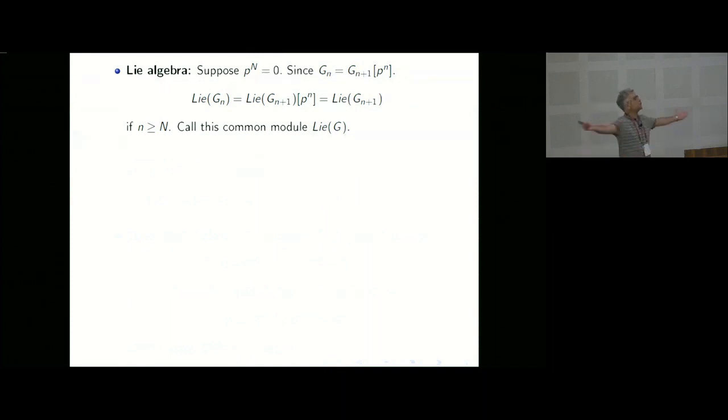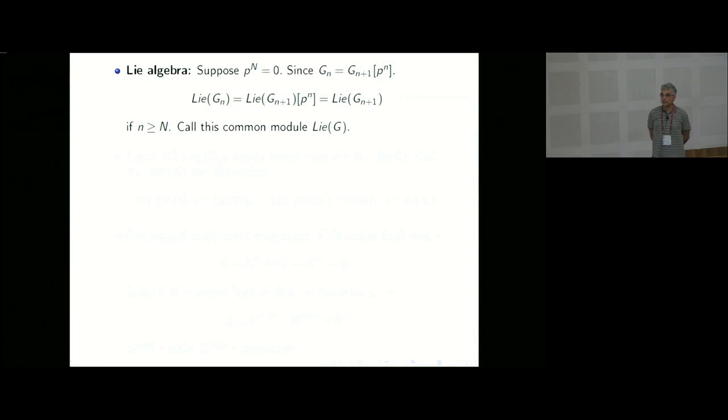Just take mu_2 over base R, and the Lie algebra is the kernel of 2 on R, and this is a pretty nasty sheaf. But the Lie algebra of a p-divisible group is already very well behaved. And for that, let's assume first that p^n is 0. And since G_n is the kernel of p^n on G_{n+1}, of course, Lie G_n by the definition is the kernel of p^n on Lie G_{n+1}.